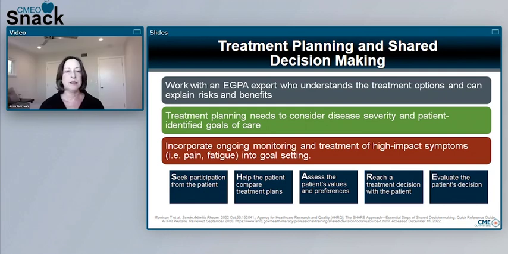Yeah, so first you need an expert, as you said, someone who understands EGPA and ideally has many patients with EGPA. It's such a rare disease that you probably need to go to a center of excellence or a specialty group that sees more than just you. So that was really important to me. And I was able to partner with an expert who listened to me. And, each patient is unique.